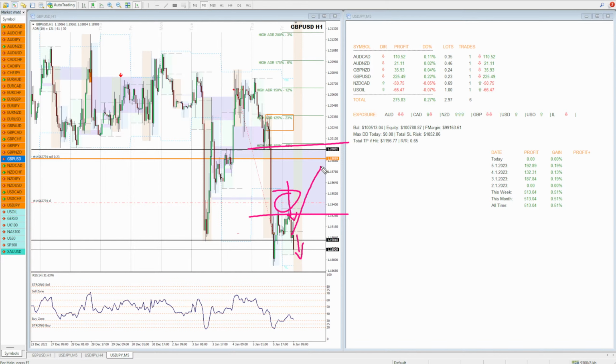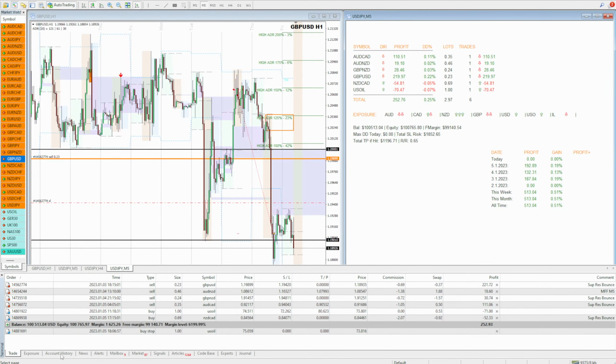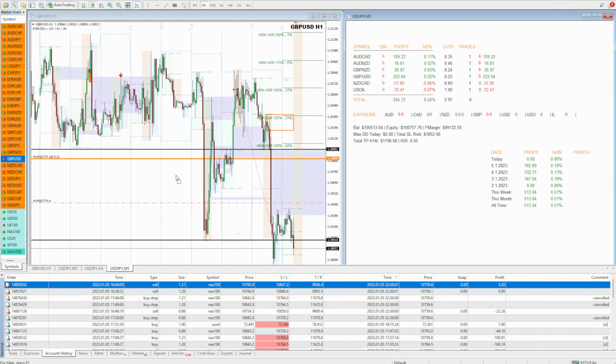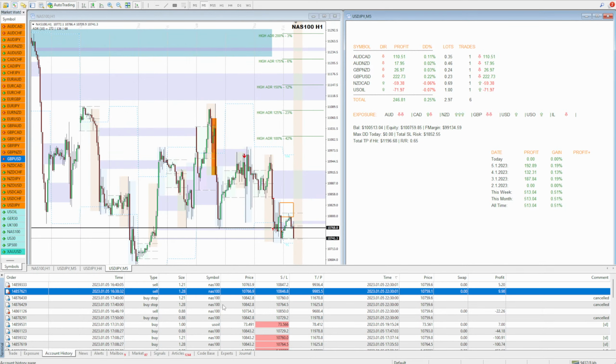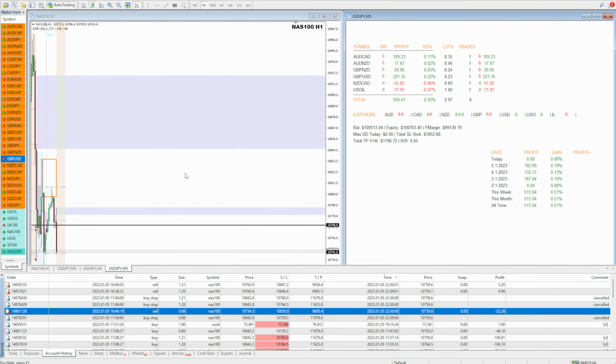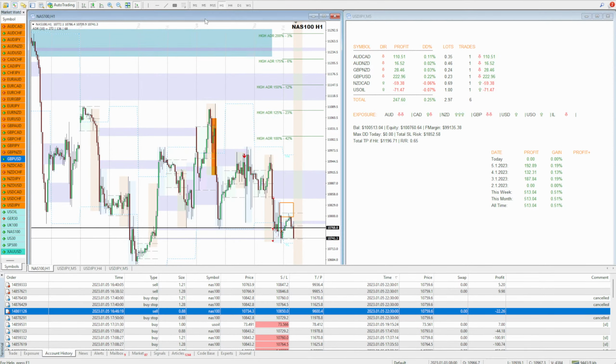If it gets up here, I will probably get back in again ahead of the news, with the anticipation of it being positive. So I'll take $100 odd profit or whatever. I'm sitting in 0.25% at the moment, and then I'll add back. Yesterday closed out. What did I close out yesterday? So that NASDAQ trade yesterday that I took, I closed the rest of that out